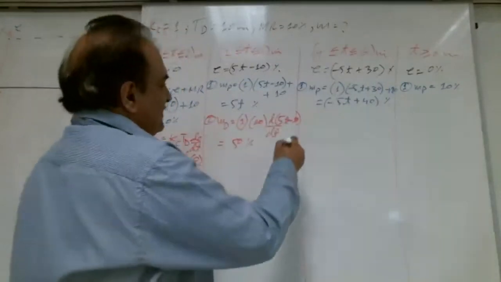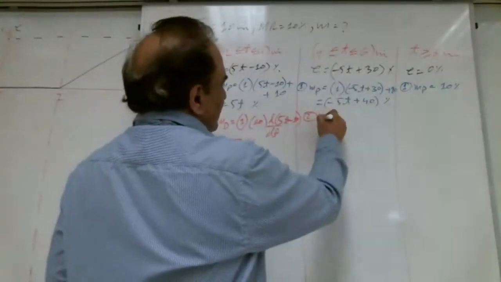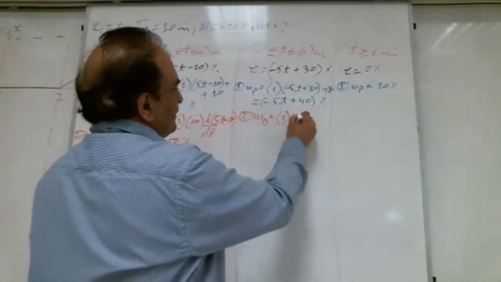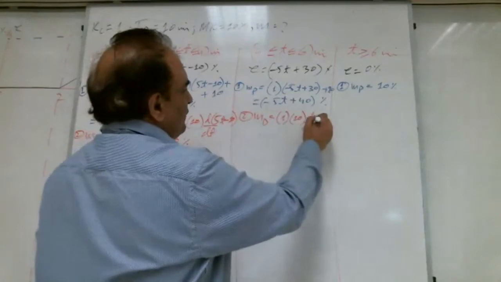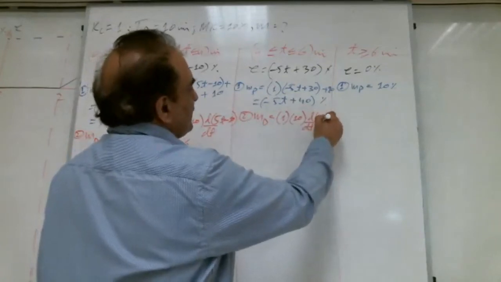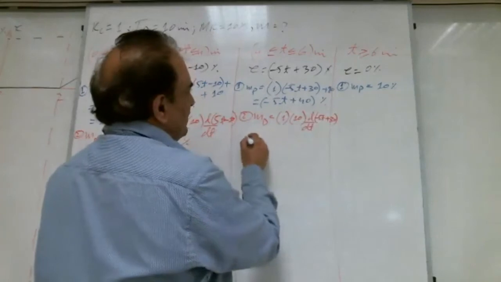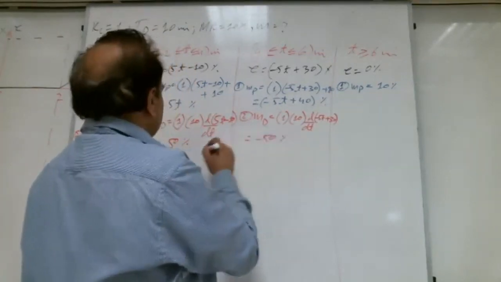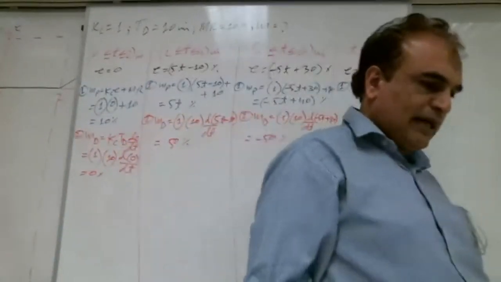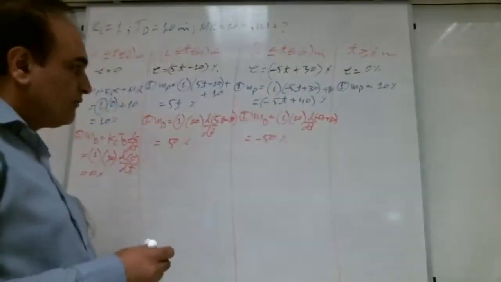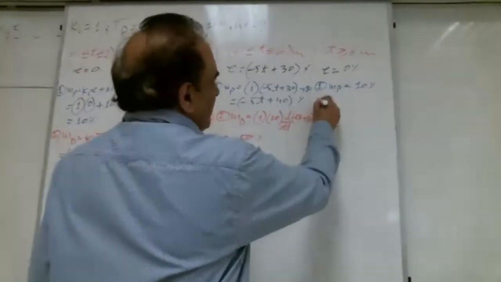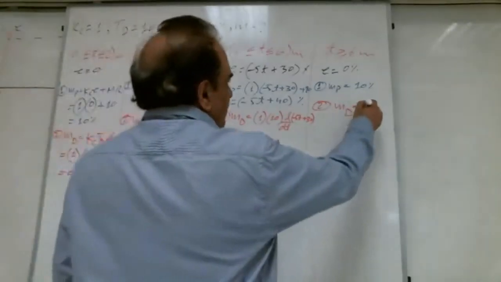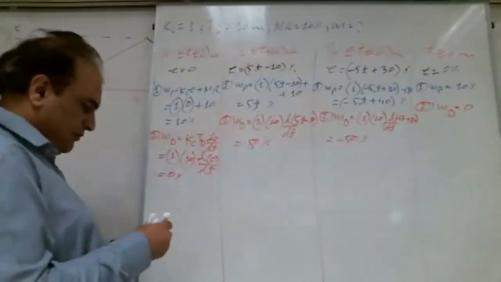Okay, that's good. What is the second step here? MD is equal to 1 times 10 d over dt of minus 5t plus 30. How much, Shabab? Minus 50. Minus 50%. And the second step here, Shabab, how much? MD? 0. Very good. A lot of brothers are saying 0. Very good, brother.